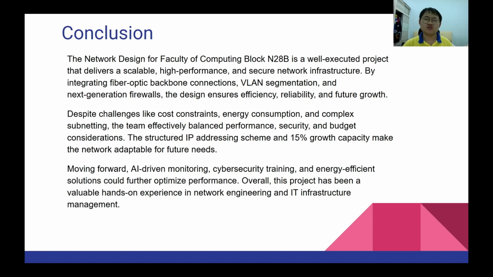Lastly, I would like to talk about the conclusion. In conclusion, the network design for faculty and computing block N28B is a well-executed project that delivers a scalable, high-performance, and secure network infrastructure. By integrating fiber optic backbone connections, VLAN segmentation, and next-generation firewalls, the design ensures efficiency, reliability,